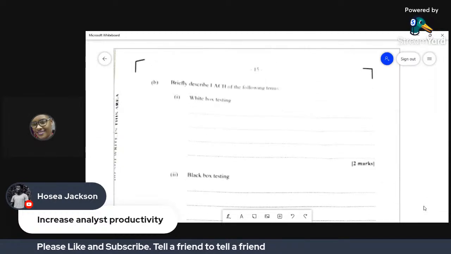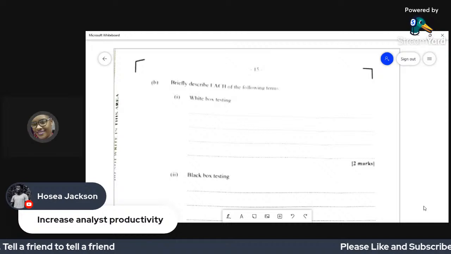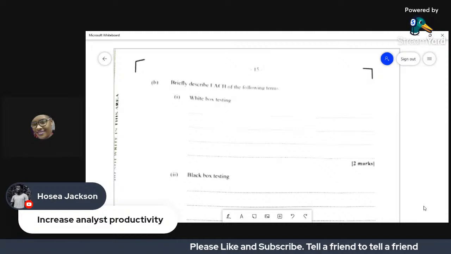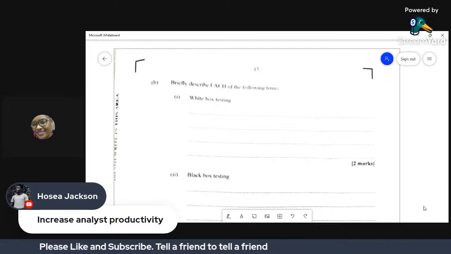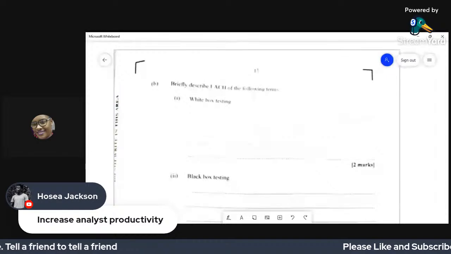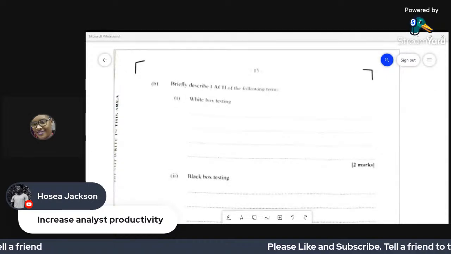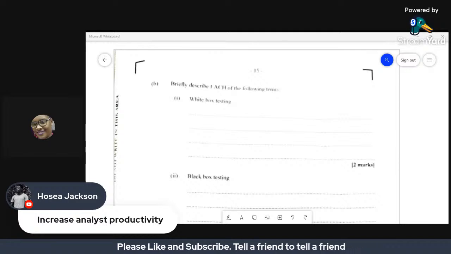So part B now says, briefly describe each of the following. What is white box testing? Let me hear from you in the chat. What is white box testing?